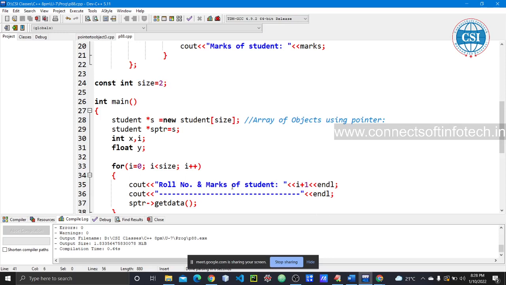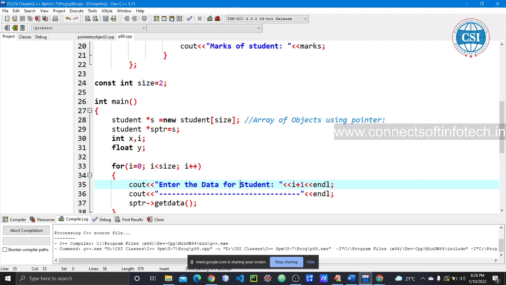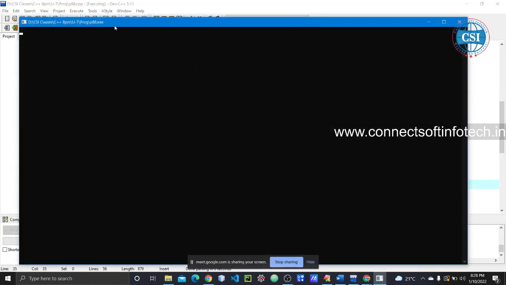No, that's why for student 1 simply I am writing, okay, for student 1 like this way. Okay, I am writing here enter the data for student 1. Now see here, observe carefully right now.